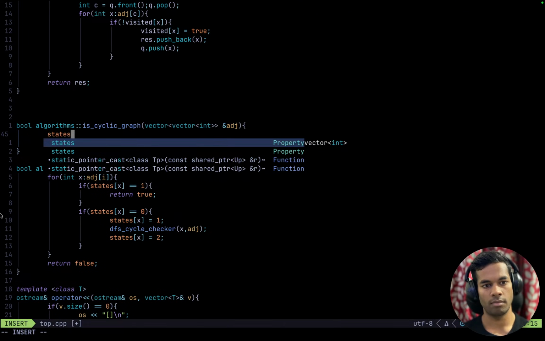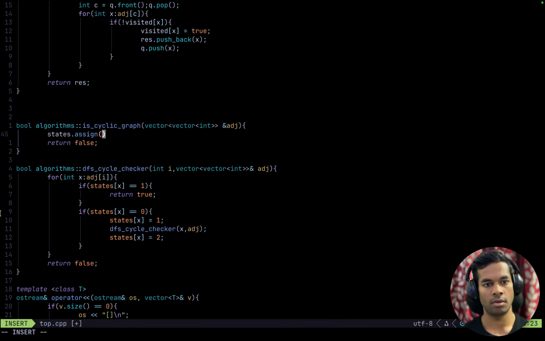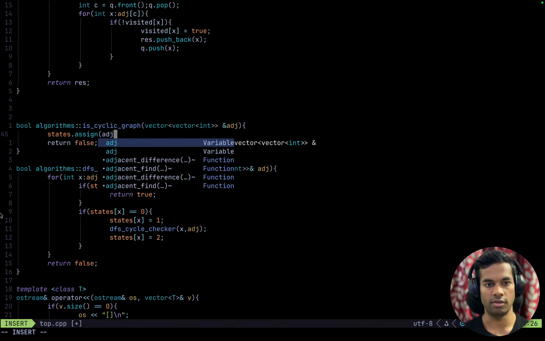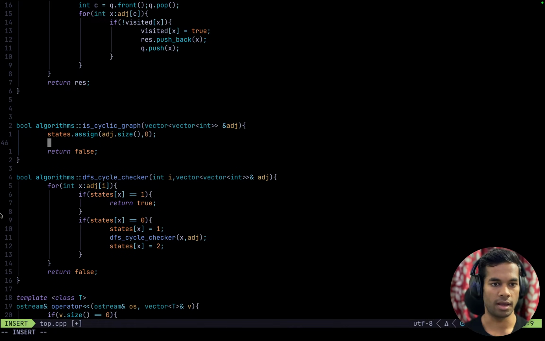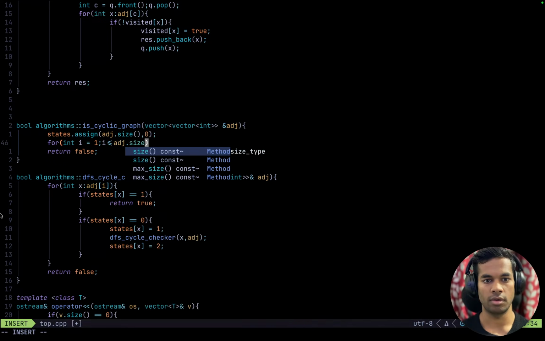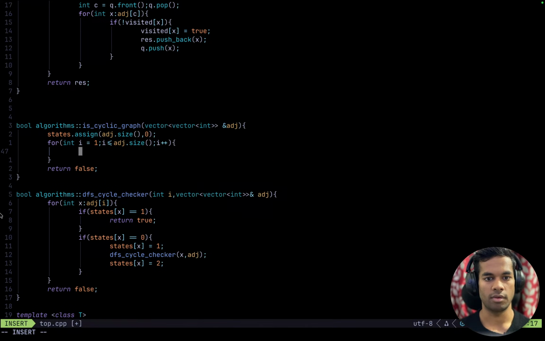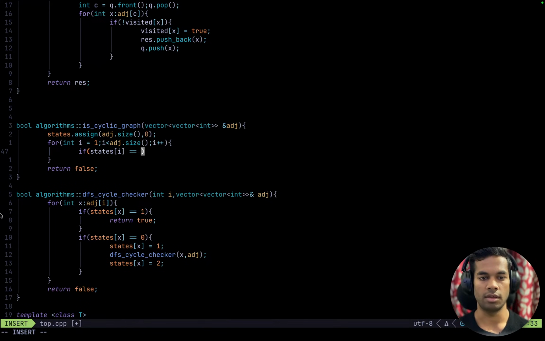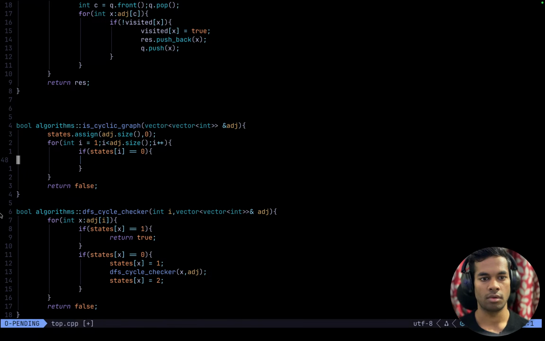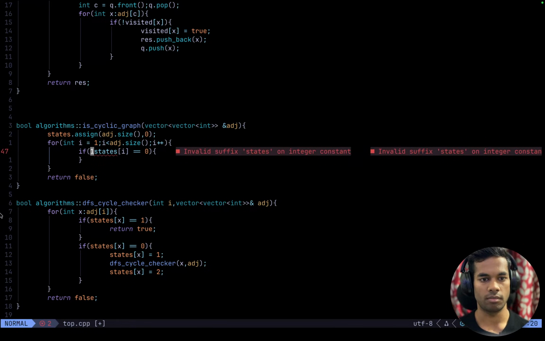No, states dot assign, size would be ADJ dot size, and everything is initially 0, and for int I equals 1, I smaller than or equal to ADJ dot size, I plus plus, not equal to ADJ dot size. And we see if states for I is 0,